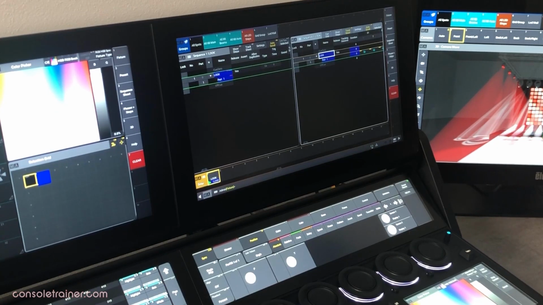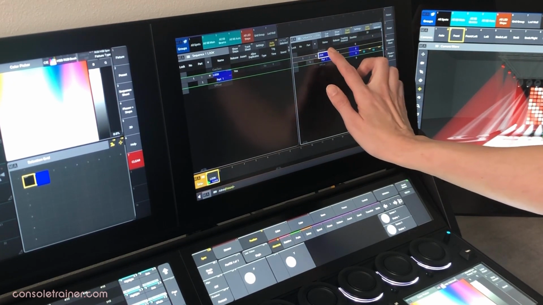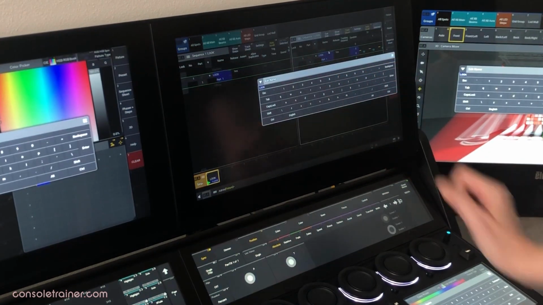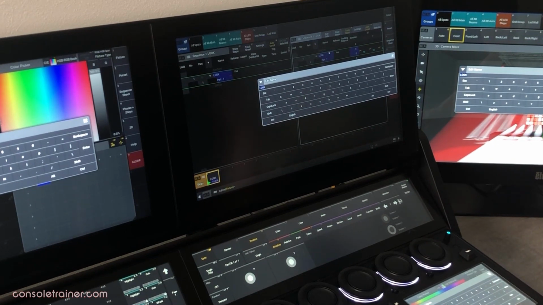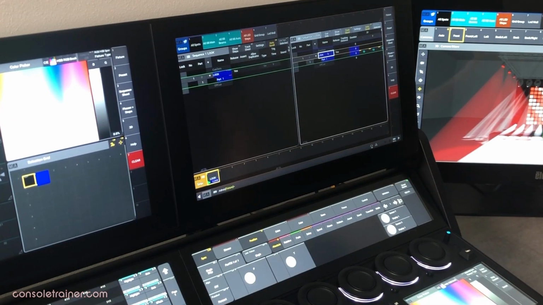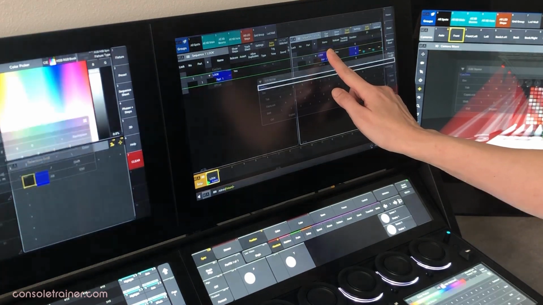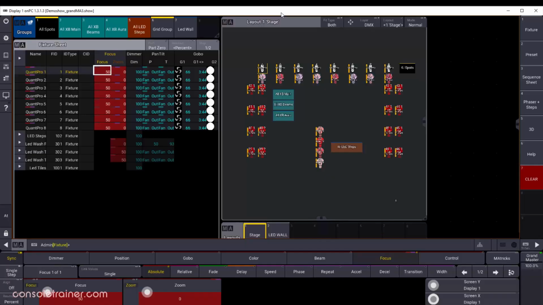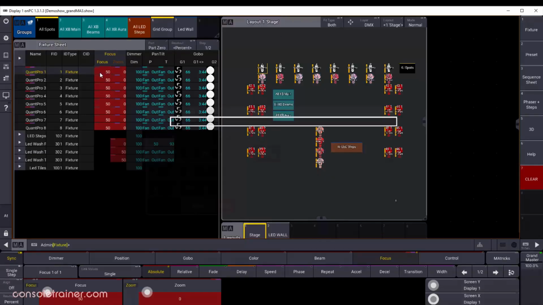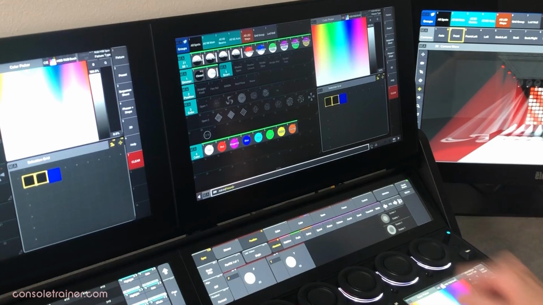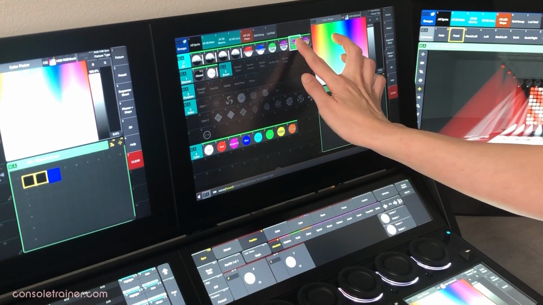I can also do a 2-finger edit of cells like this. I'll highlight the cell with 1 finger, then tap the screen with a 2nd finger, and now I can enter a new value in. You can also do a long press on a cell. With onPC, you can just right-click. Works on cells, and it also works to edit presets.